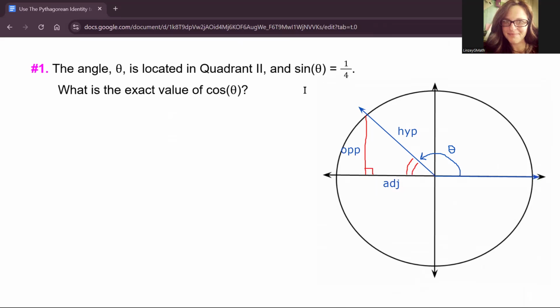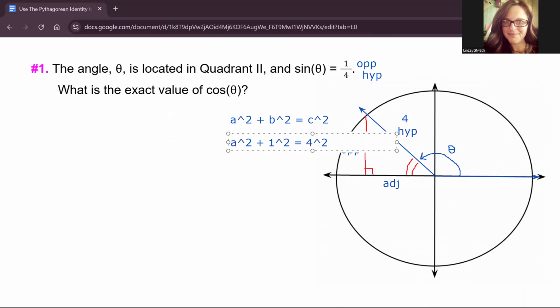And they gave us sine of our angle is equal to 1/4. Sine is equal to opposite over hypotenuse. So the opposite side of our triangle in quadrant number 2 is 1, and our hypotenuse is 4. And now we can use our Pythagorean theorem, a squared plus b squared equals c squared, to solve for the adjacent side. 1 squared is equal to our hypotenuse squared, and we get